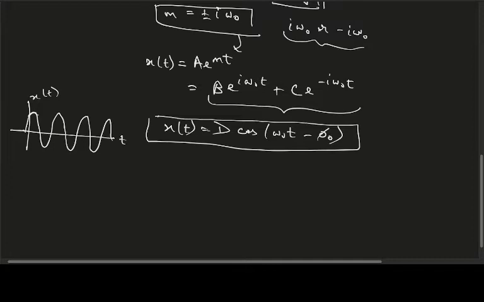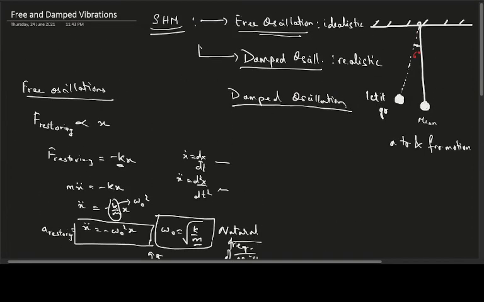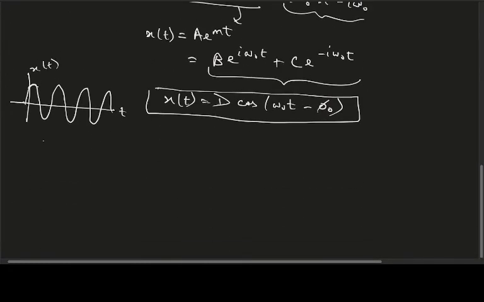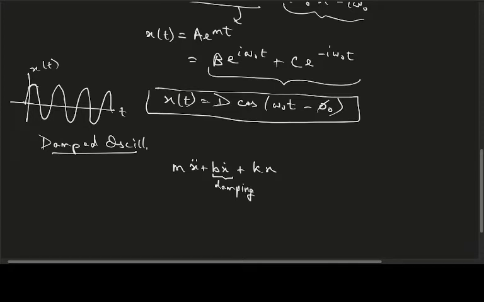So now let's come to damped oscillation. I guess I used up the right space, so I have to start at the bottom. So coming to damped oscillations, this is the real case scenario. So what is the change over here? We have m x double dot plus we have this k x over here, but you have another extra term, that is b x dot. This is the damping term, or the damping force, because we have kept our masses over here, so it's still a force, not an acceleration.